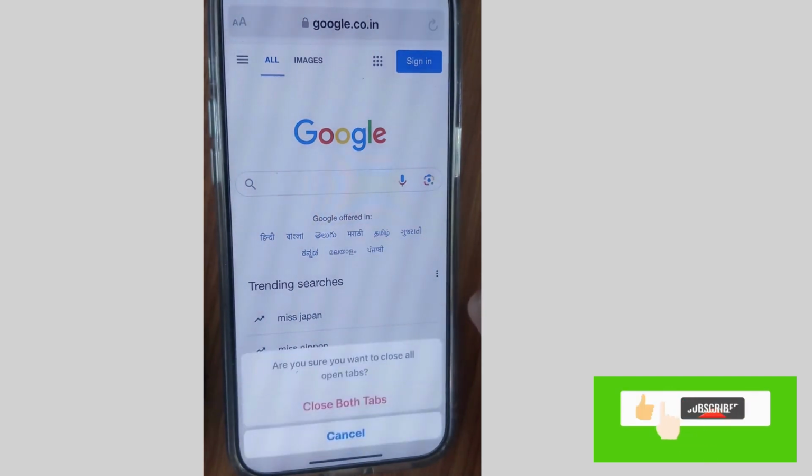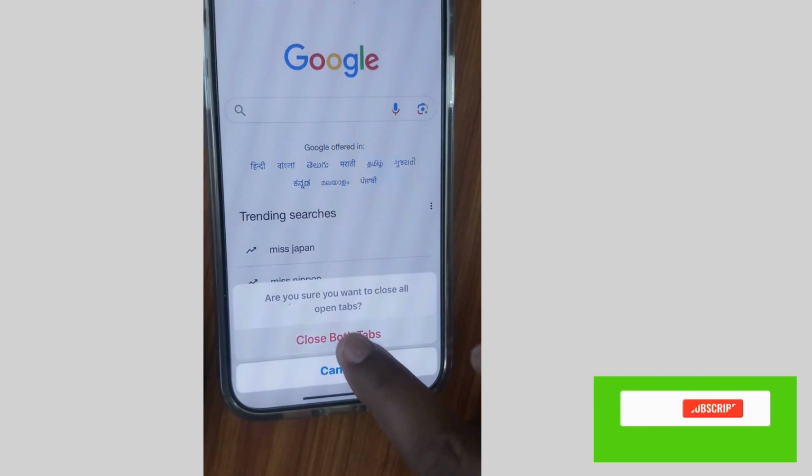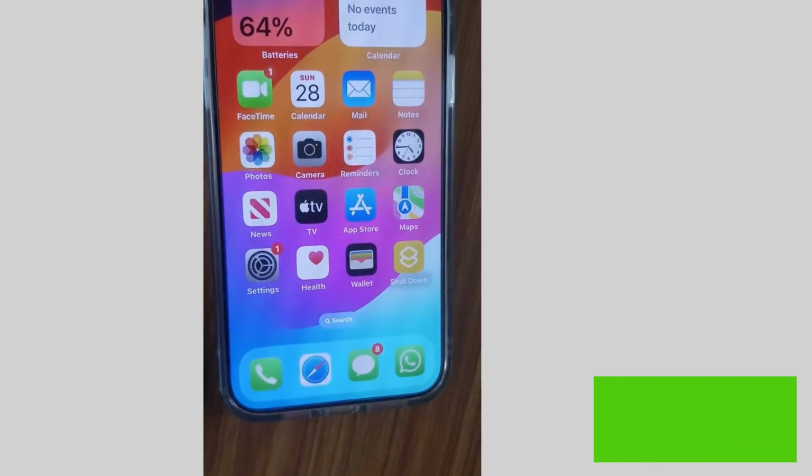Click on it and again choose Close Both Tabs. If you have more than two tabs, then all tabs will be deleted at once from